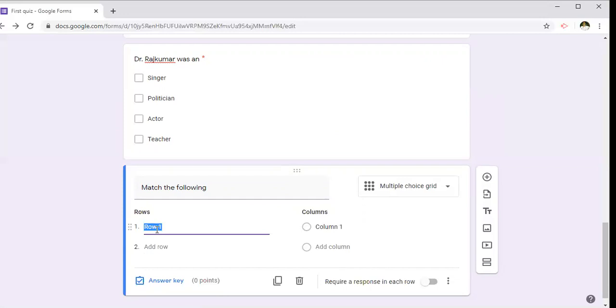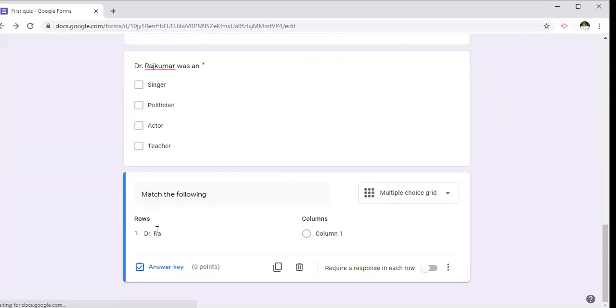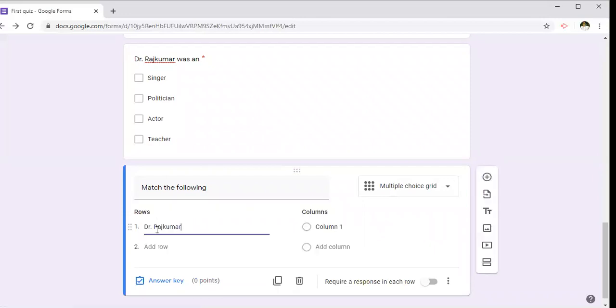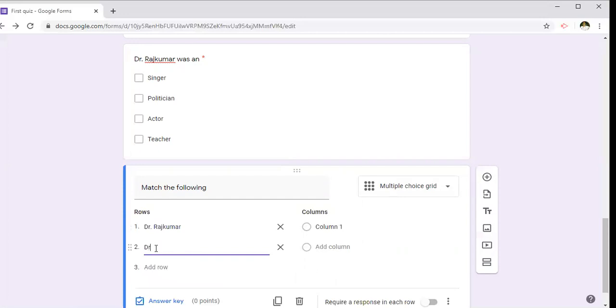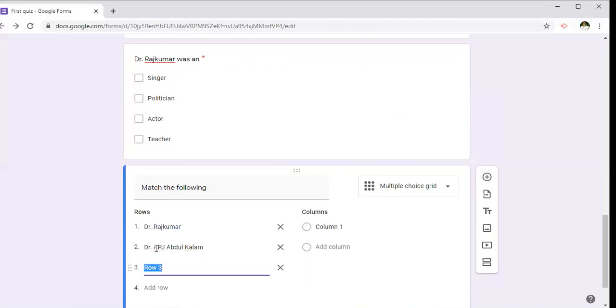So first row I'm going to give as Dr. Rajkumar. Second one I'm going to give as Dr. APJ Abdul Kalam. And third option I'm going to give as Dr. Sachin Tendulkar.